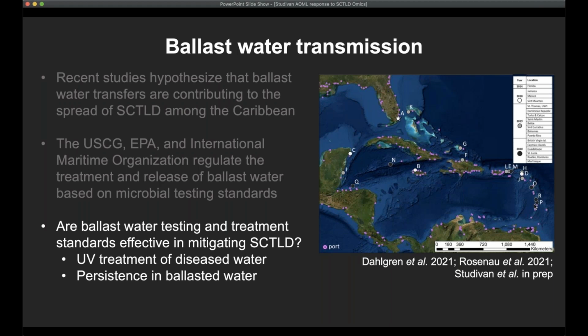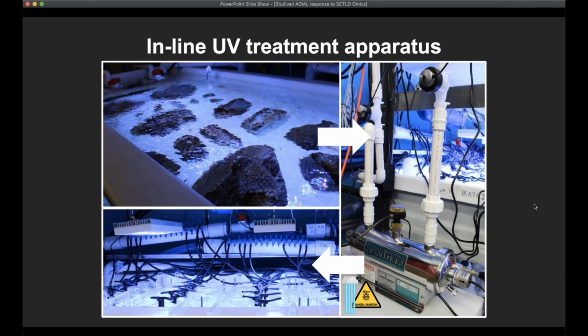So we conducted two experiments here at AOML. The first was testing whether UV treatment of disease-inoculated water was effective in reducing transmission risk. And secondly, we addressed whether SCTLD can persist in ballasted water from sealed containers to simulate a ship, say, moving across the Caribbean. The beauty of our system at AOML is that it's fully modular, so we can incorporate inline treatment approaches like this UV chamber shown to the right, which allows us to generate both untreated disease-inoculated water as well as UV-treated disease-inoculated water. Then this water is passed on to those individual coral vessels that I described earlier, and we can look at